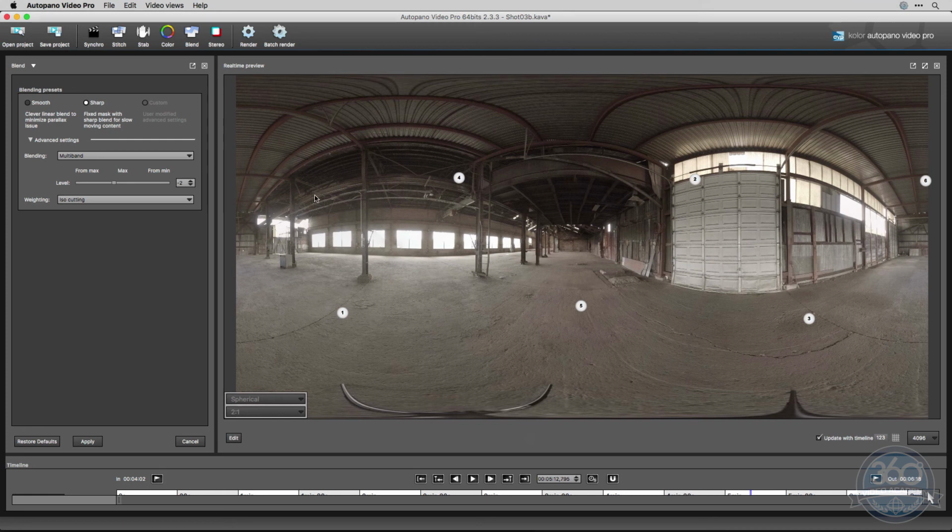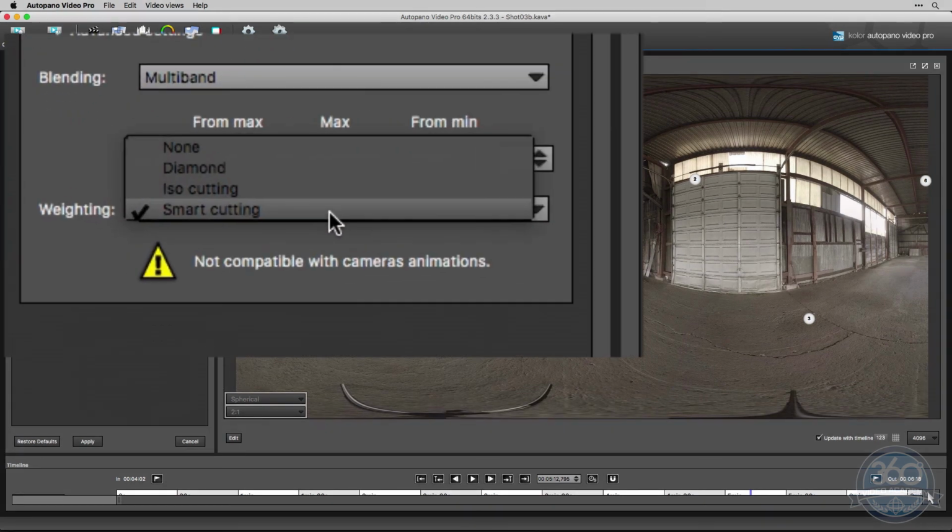So that fixed our problems up there. We're having a little bit of issues there. That looks not as noticeable. Anyway, so that's masking, right? So you can do manual masks. The thing with smart cutting is that it basically does all that masking